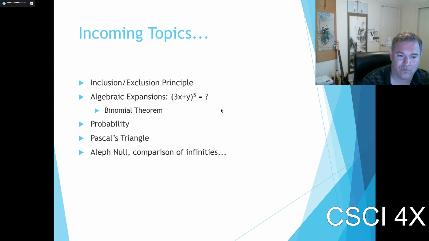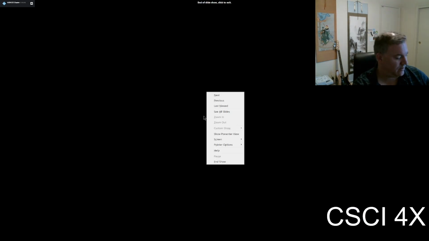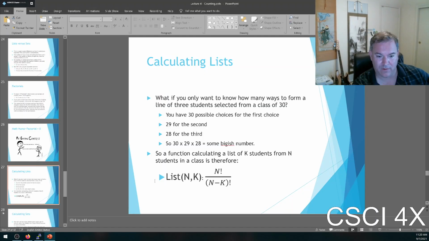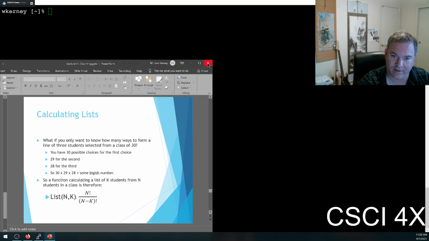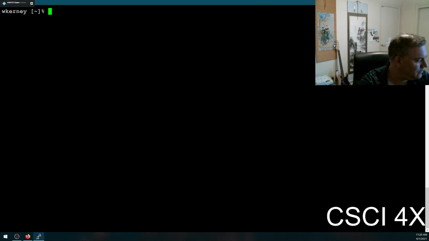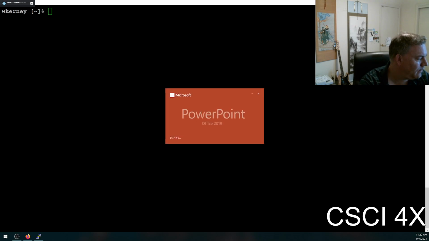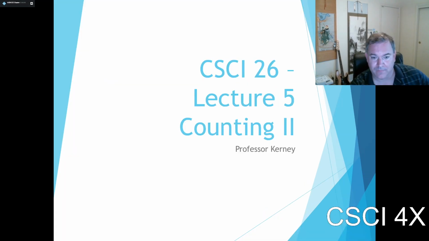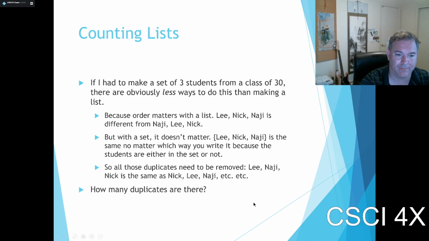And one of the cool things about this is if you actually graph this, you get Pascal's triangle. Have you guys ever seen Pascal's triangle? Is it in the Xi books? Does it talk about Pascal's triangle in the Xi books? Can't recall. You remember seeing it? All right, cool. All right, so